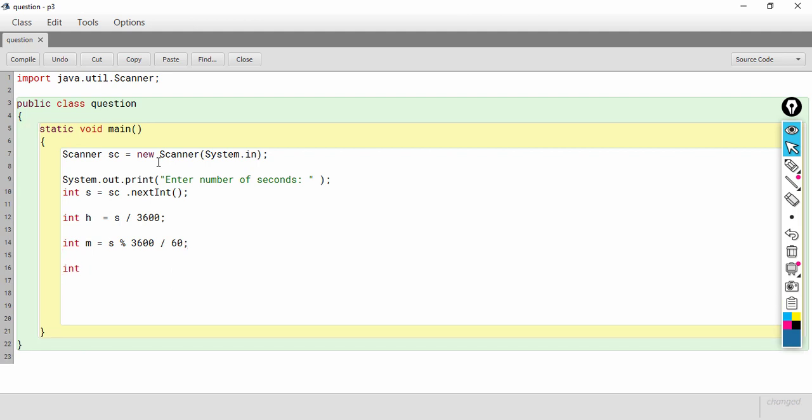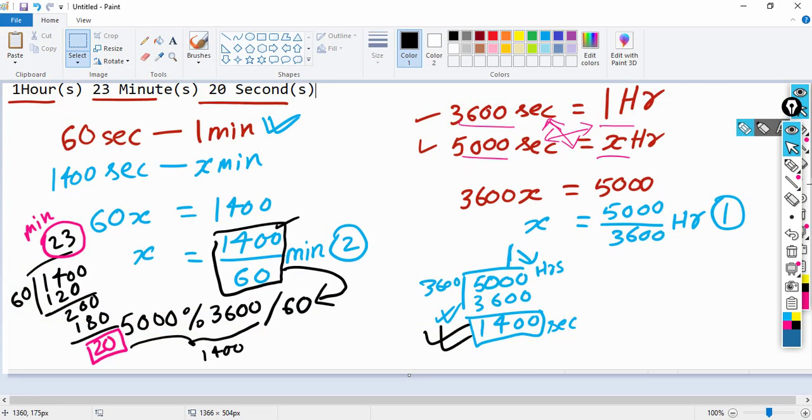And the number of seconds I will store in the variable s2. So, the number of seconds we saw that it can be found out by 5000 modulus 3600 modulus 60, that will give me the number of seconds.